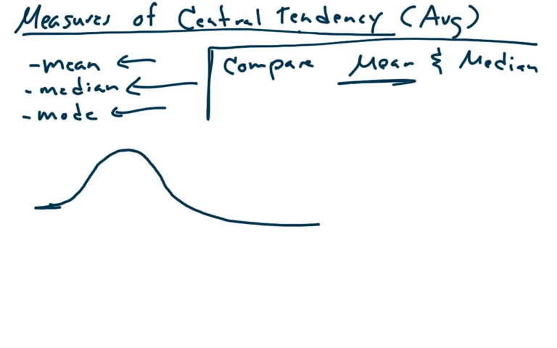The mean will be affected by those outliers, okay? It'll be pushed closer to the outliers over here, okay? So this is the mean. And the median will be less resistant, okay,